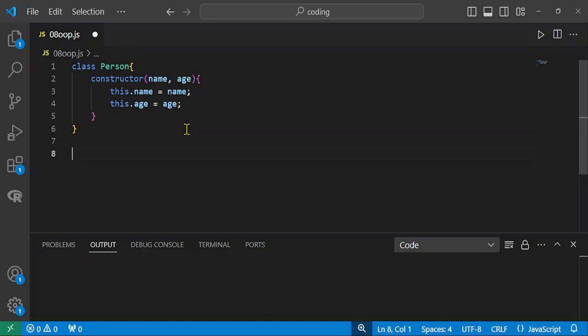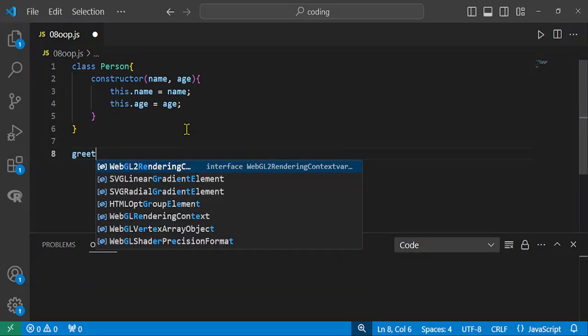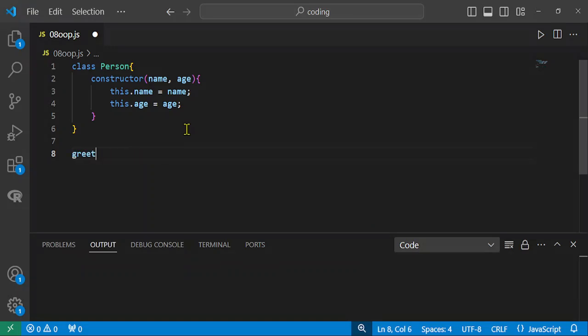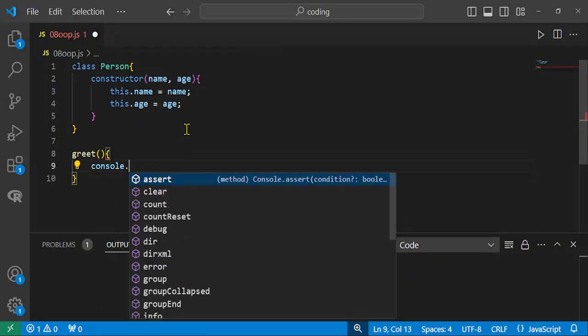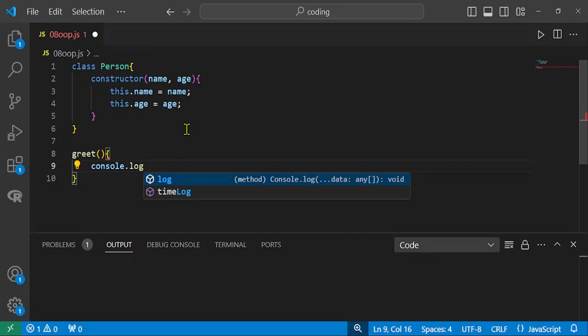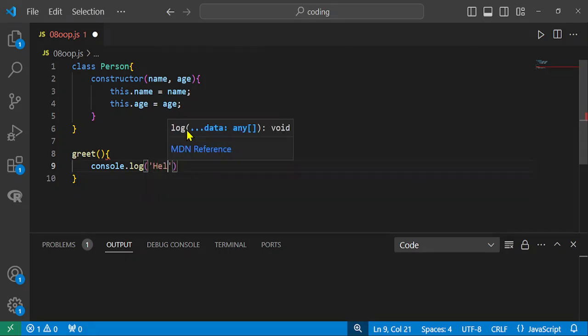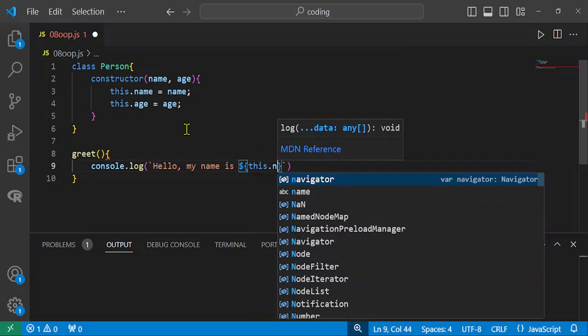We will greet the person, let's say, and we have to print the name of the person. We will say hello, to use the variable we have to do the dollar sign here. So, my name is ${this.name},